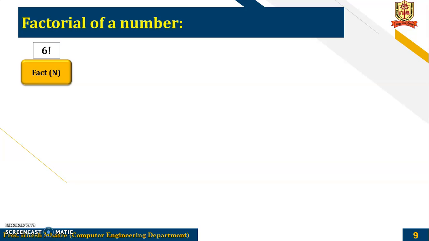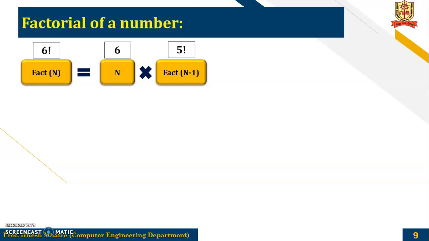Now, just an example of recursion: to find the factorial of a number, like you want to find 6 factorial. The 6 factorial is nothing but n multiplied by factorial of n minus 1. How? Because 6 into 5 factorial will give you the result of 6 factorial. So by the logic, fact of n is equal to n times fact of n minus 1. The function is the same, so to calculate this, you are again calling the factorial. If you are calling n, then you have n multiplied by factorial of n minus 1.